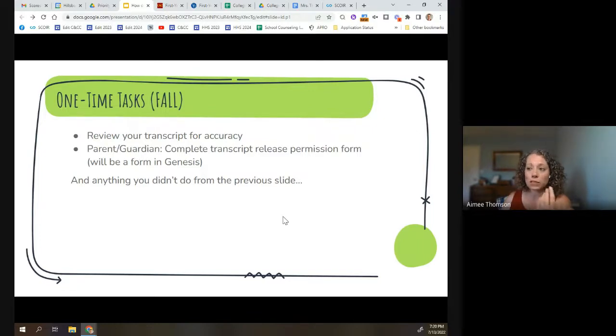Folks, there will also be a transcript release form that will be part of the forms that come up in Genesis. Whenever that happens, late July, early August kind of time frame, you'll see that one in there. You'll do it with the other ones, and just grant permission for us to send your students' transcript information out to colleges, scholarship sites, etc. That keeps you from having to sign off and okay on things one at a time, which, believe me, is a big waste of your time as well.